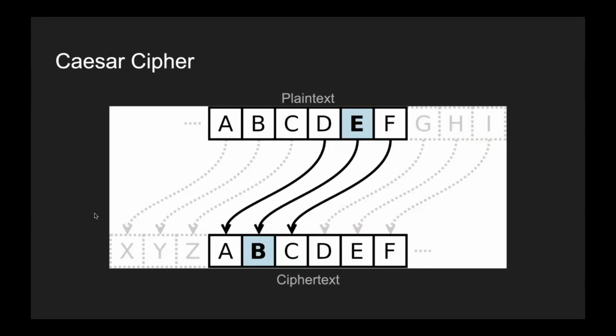A really old, simple example of encryption is called the Caesar cipher. Basically, you take any plain text letter and you move it backwards 3 spaces in the alphabet. Here we see E is moving backwards to B, A was moved backwards to X, and so that's how you get from the plain text to a ciphertext. And then to decrypt from the ciphertext, you just move right back up. So it works the same way forwards and backwards, but it looks pretty weird.